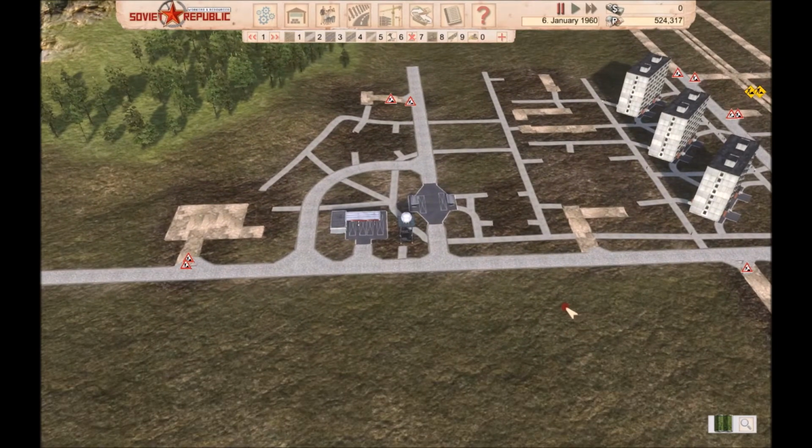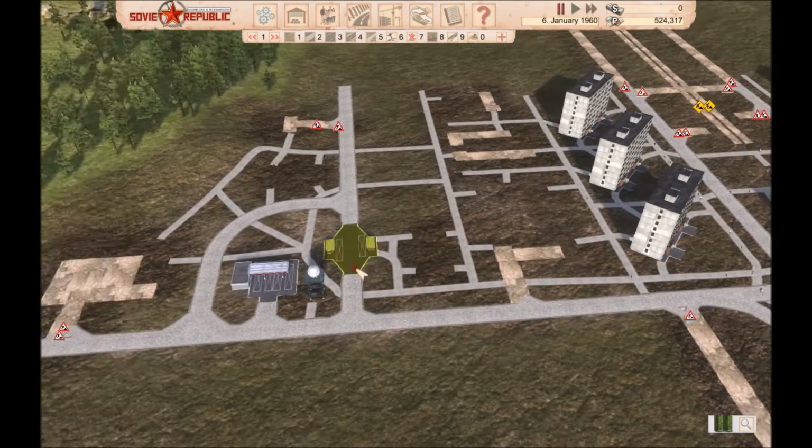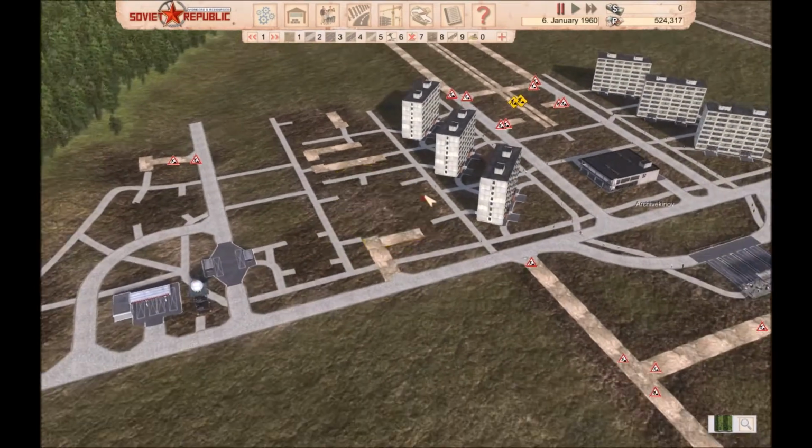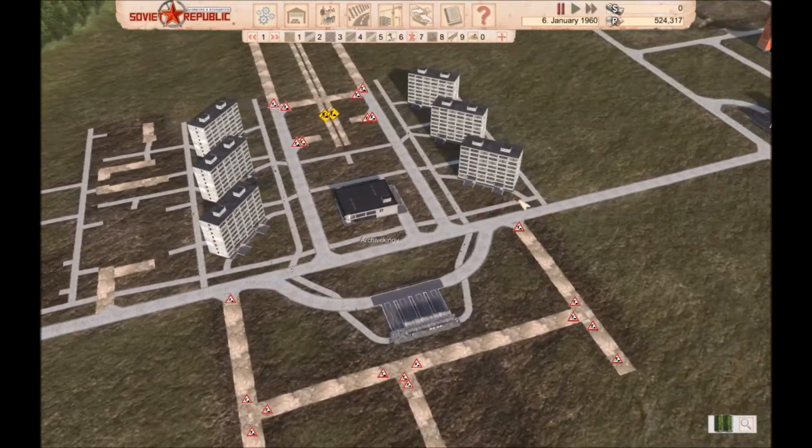I paid for a few footpath connections, although these are just booked in for building. They only need concrete and gravel, a little bit of work. People are going to go...